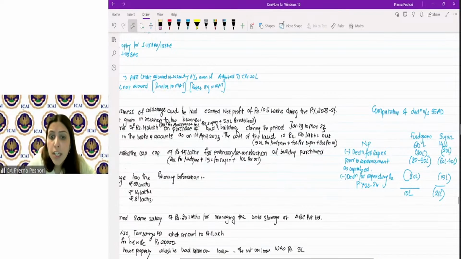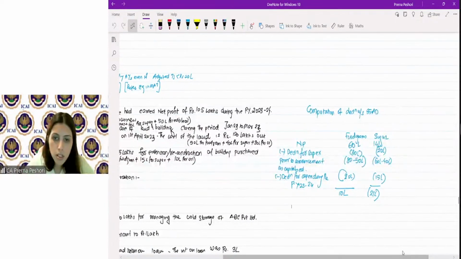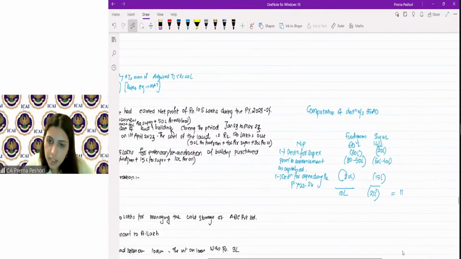Yes, Geeta, specified business loss can be set off against the specified business income. So here, I will set off this particular loss against the specified business income itself. My total deduction is this much, but then I will be having a loss. So 11 lakh is carried forward to